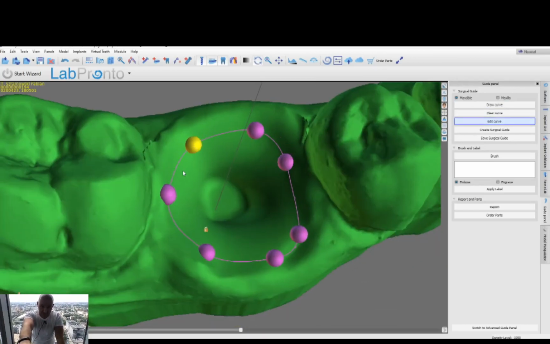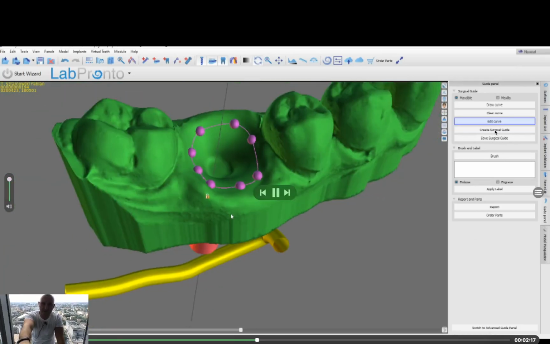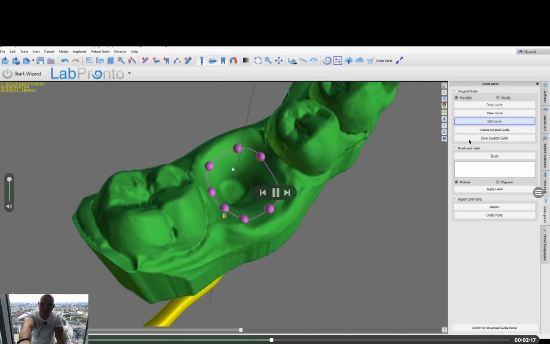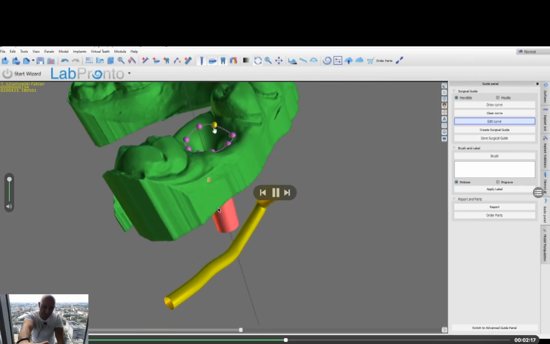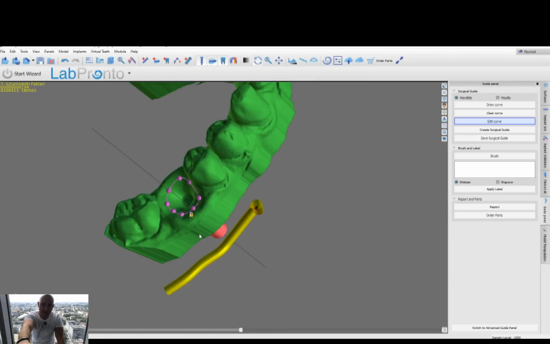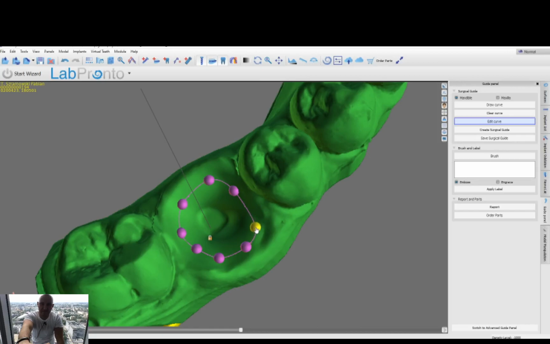But I did it here just to do it in one time. So I mark the area I corrected, and again I will click create surgical guide, and then I will export what the software will create here. And on the next video I will show you how to edit this STL file in Meshmixer to get